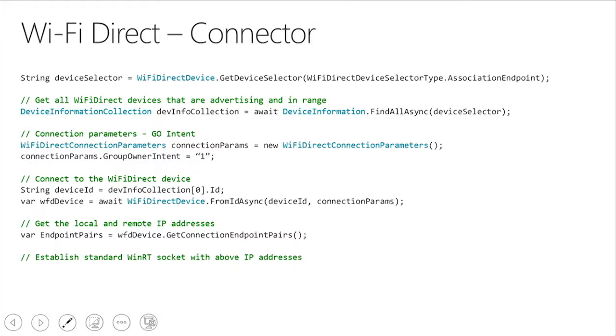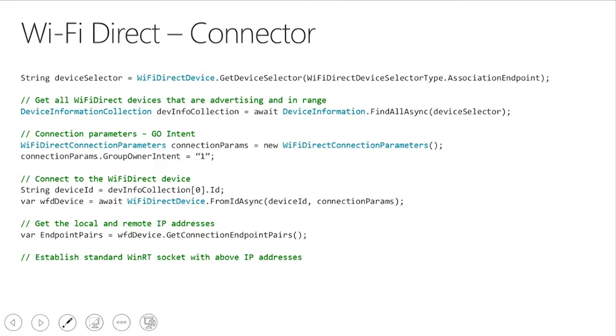The fromIDAsync method also takes an optional connection parameters object on which certain connection properties like group owner intent can be set. The fromIDAsync method returns you a Wi-Fi Direct device object which represents a connection to your advertiser. Finally, the connector can proceed in obtaining the remote and local IP addresses by calling the getConnectionEndpointPairs method on this Wi-Fi Direct device object. With these IP addresses, the connector can then establish a socket